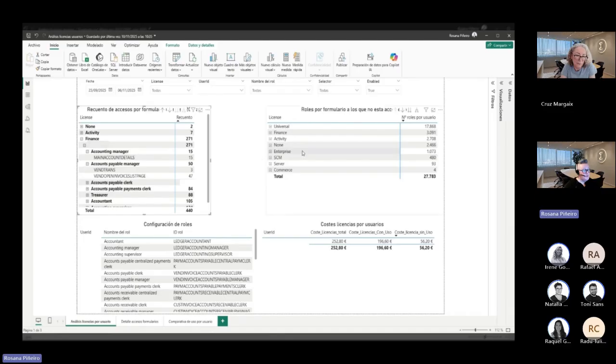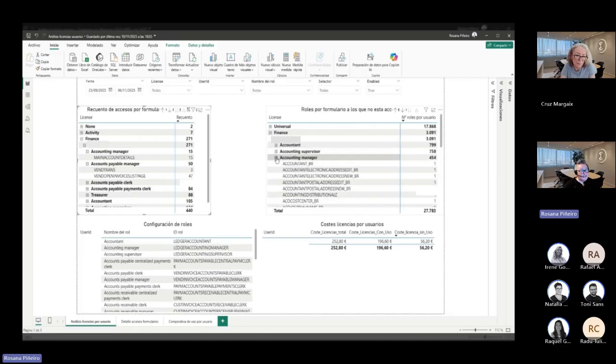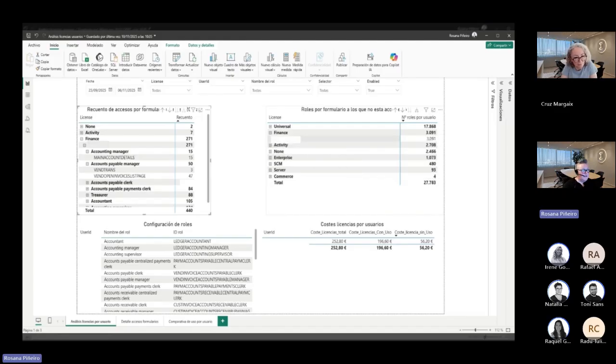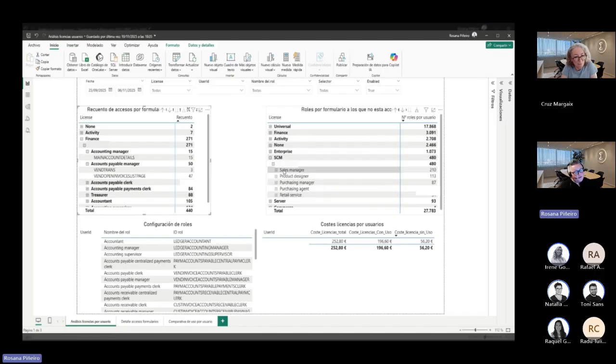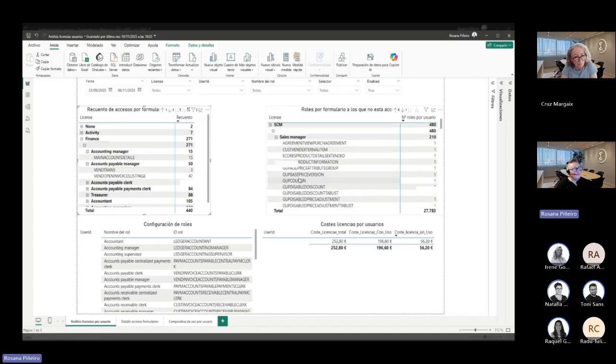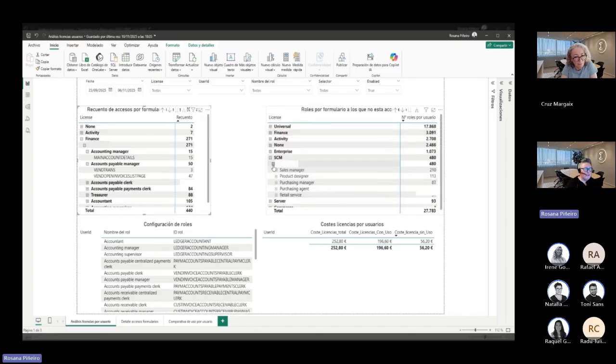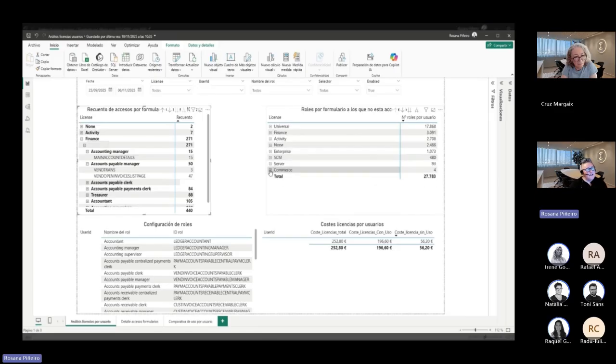So if we compare the finance license here in this section of use, with the non-use part, where we have access due to the roles that we have assigned but we haven't accessed at all, we can see that here it contains all of the forms that have not been accessed, that the user is available to access, but has not made use of. Here we're seeing that on the usage side, the supply chain management license did not appear, but on the non-use, it has appeared. So really, due to the roles we have assigned, we can access supply chain, but really we're not accessing. So this already gives us a hint of, do we really need this supply chain access?